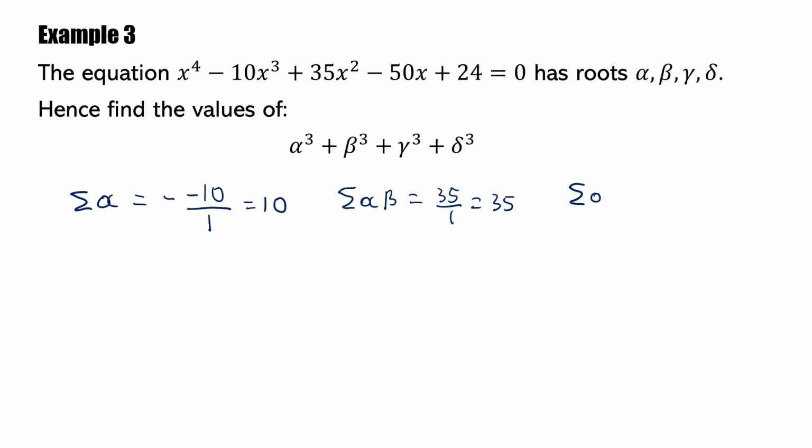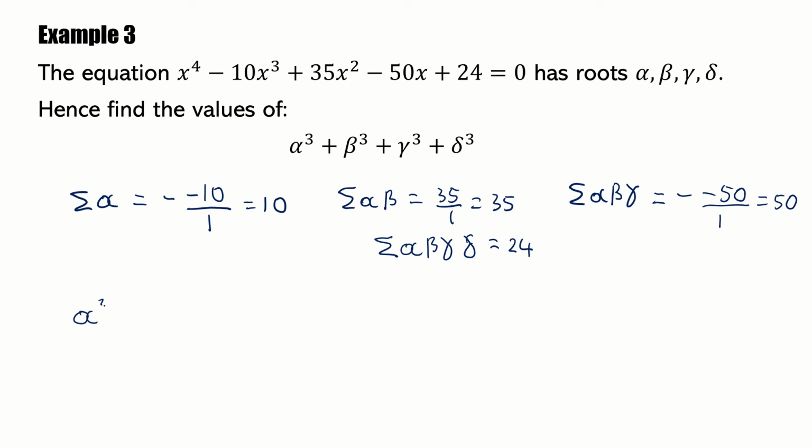And the sum of the triple product of the roots, which is just going to be minus d over a, which is conveniently just positive 50. Now you could work out what the sum of the quadruple product is, which I'll write down just for reference. Here is just 24, but we're not actually going to have to use that to work out what we want,